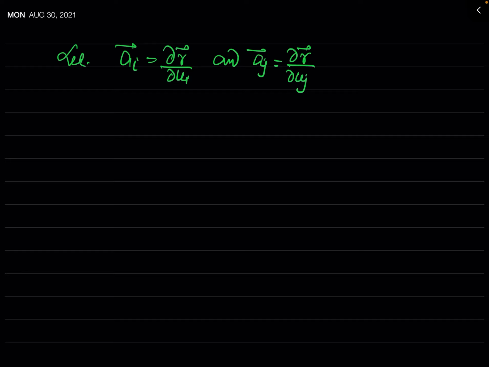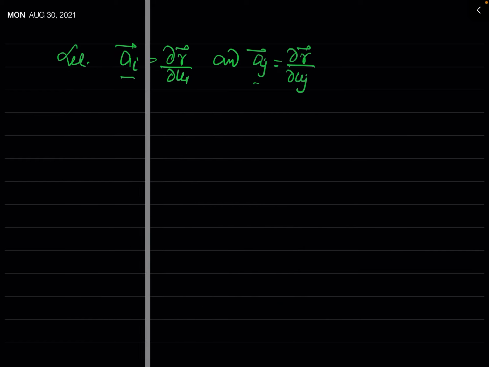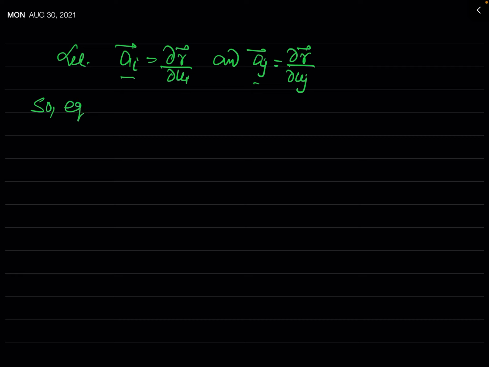In the light of this supposition, you can write equation number 4 in terms of ai and aj. Instead of del r by del ui, we will write ai, and instead of del r by del uj, we will write aj. So equation 4 can be written as